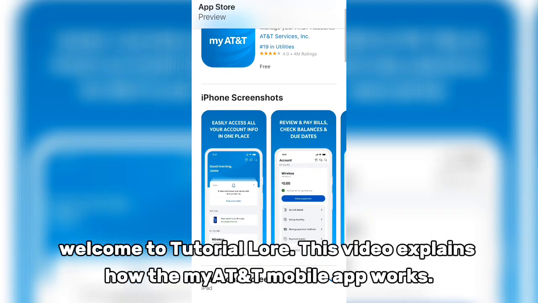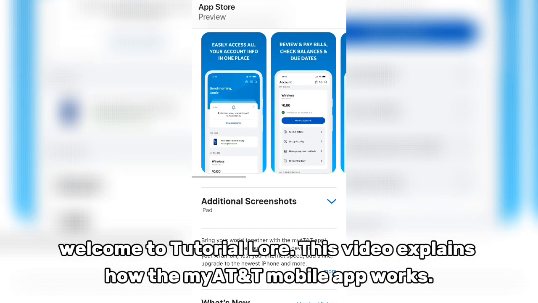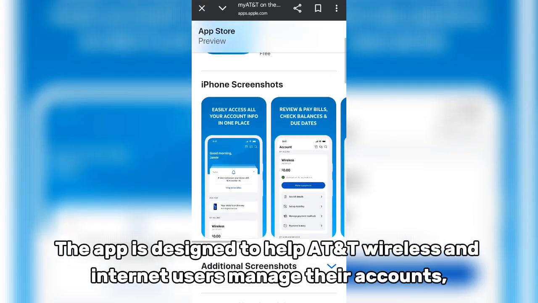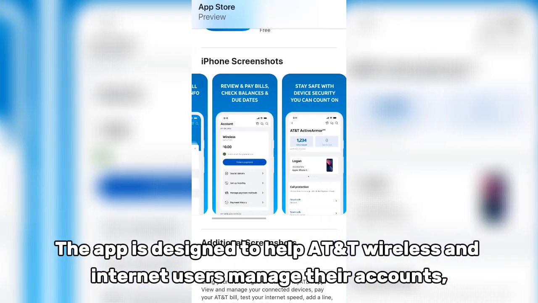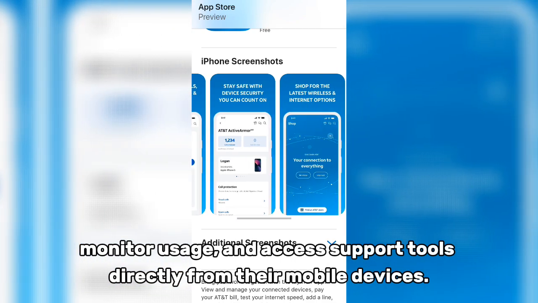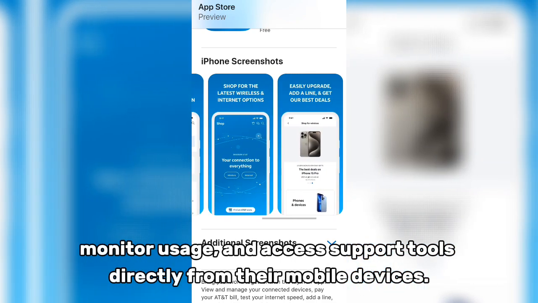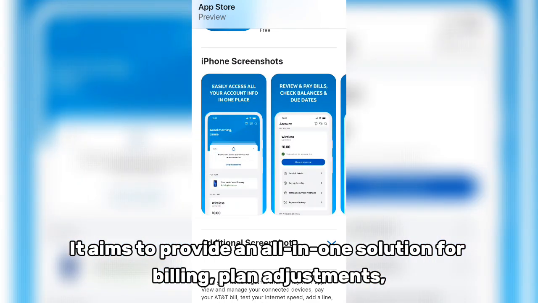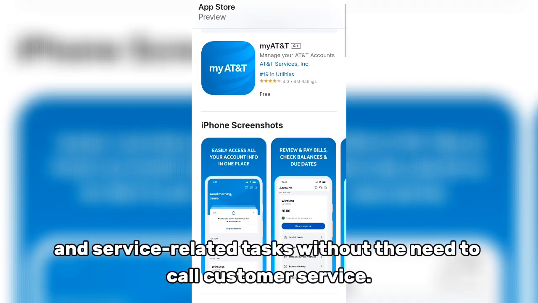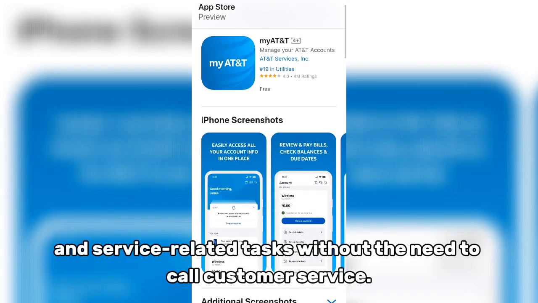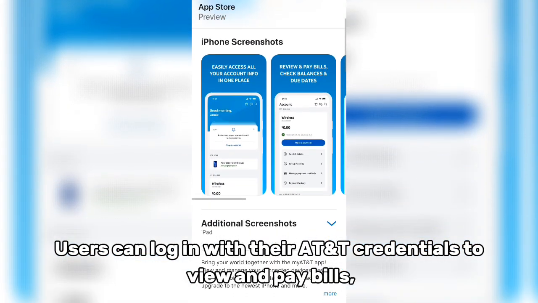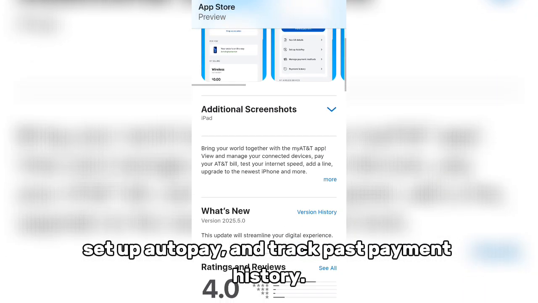This video explains how the myAT&T mobile app works. The app is designed to help AT&T wireless and internet users manage their accounts, monitor usage, and access support tools directly from their mobile devices. It aims to provide an all-in-one solution for billing, plan adjustments, and service-related tasks without the need to call customer service. Users can log in with their AT&T credentials to view and pay bills, set up autopay, and track past